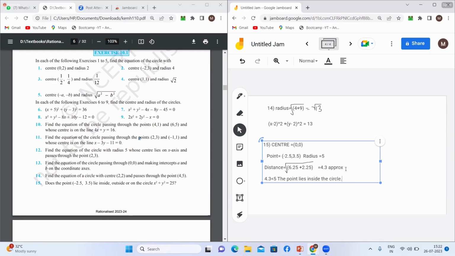कुछ नहीं करना था अपने को, एक बेसिक सी इक्वेशन पकड़नी थी, x माइनस h स्क्वायर प्लस y माइनस k स्क्वायर इक्वल टू r स्क्वायर, और उस इक्वेशन को पकड़ के सॉल्व करना था। हर इक्वेशन में अपने को h, k और r की वैल्यू निकालनी थी, और पहले वाले कुछ क्वेश्चन में अपन ने इक्वेशन ऑफ सर्कल निकाली, उसके लिए भी अपन ने x माइनस h स्क्वायर प्लस y माइनस k स्क्वायर इक्वल टू r स्क्वायर को यूज किया, क्योंकि वही अपनी जनरल इक्वेशन है। तो अपने को हर क्वेश्चन सॉल्व करने के लिए जनरल इक्वेशन लिखनी है, फिर क्वेश्चन के अकॉर्डिंग मूव करना है।